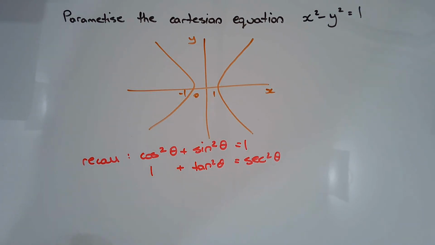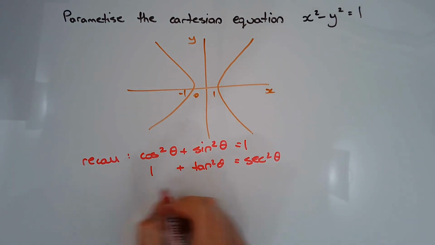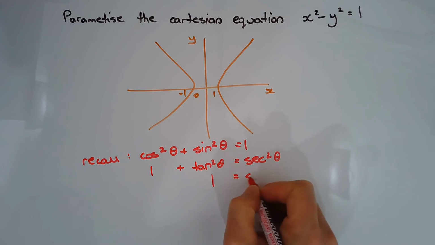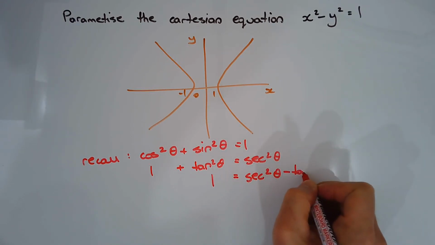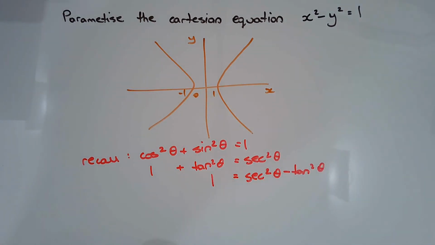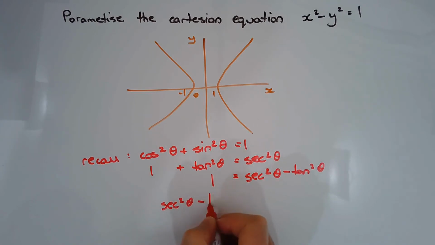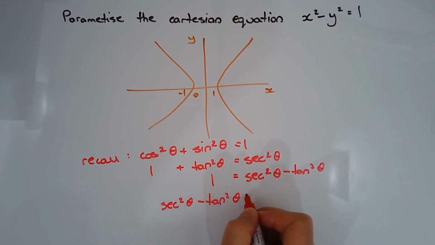So if we leave the 1 where it is, it is equal to sec squared theta minus tan squared theta. If I switch both sides around, you end up with sec squared theta minus tan squared theta